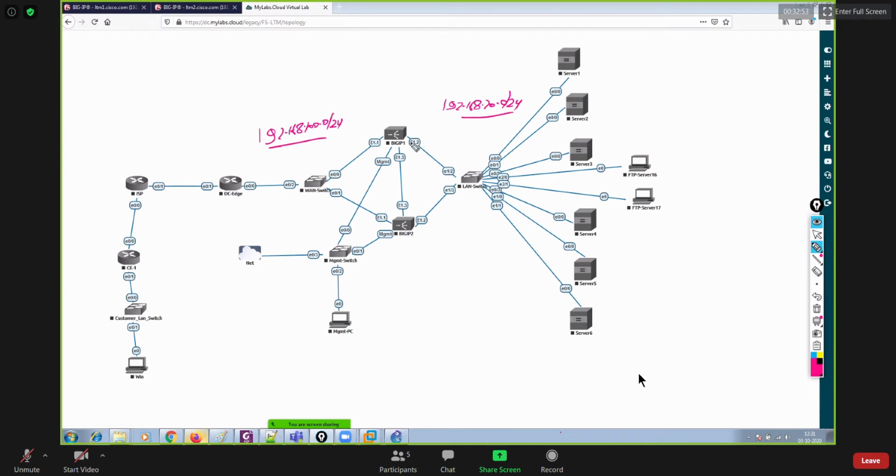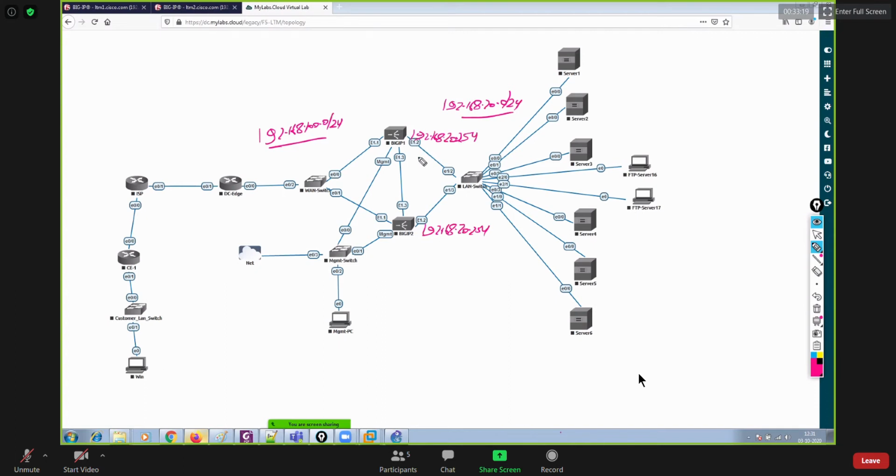So what I will do on big IP1, I'll assign this IP address 192.168.20.253, and here I'll be assigning 192.168.20.254, and this is your physical interface IP, right?